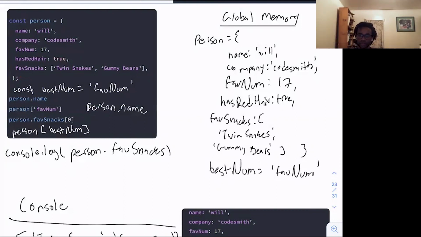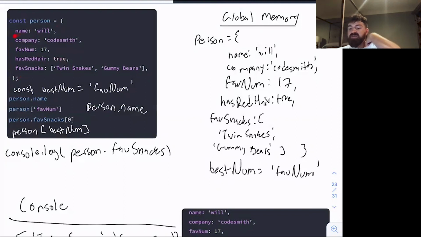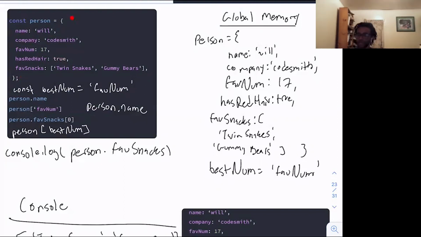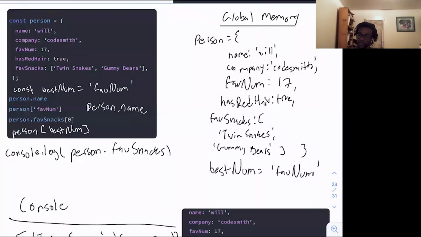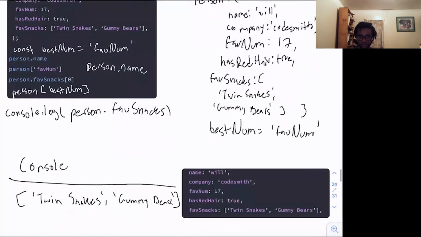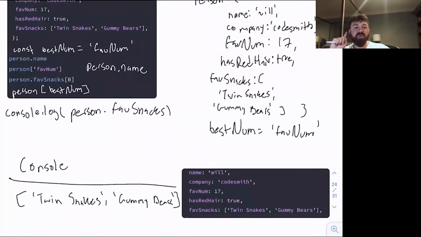Okay. Yeah. So the commas separate key value pairs inside of an object. Gotcha. Commas also separate elements inside of an array. And colons separate keys from values, right? Name, key, colon, value. But semicolons, which is this right here, it's good practice, but you don't need to worry too much about it quite yet. Cool. Thanks. So the next thing I want to go over with you guys is how do we add